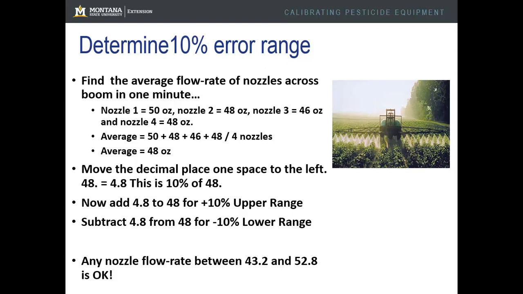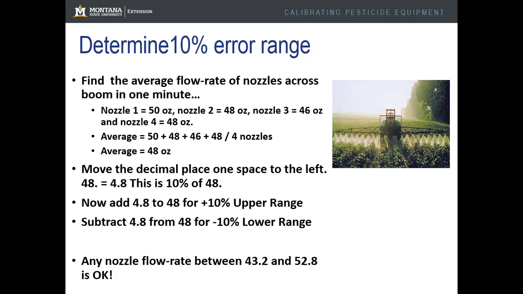In this example, an applicator should determine the average flow rate of nozzles across the boom. The applicator has 4 nozzles. Nozzle 1 emitted 50 ounces, nozzle 2 emitted 48 ounces, nozzle 3 emitted 46 ounces, and nozzle 4 emitted 48